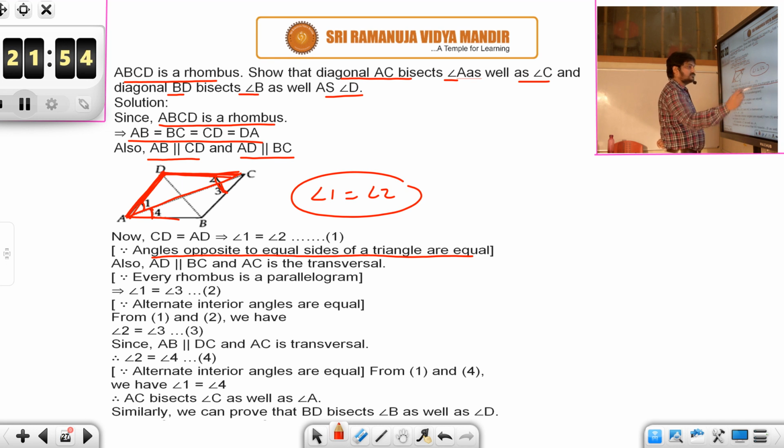Angle 4 is equal to angle 3. Okay. Now, again similarly, what you will do is,